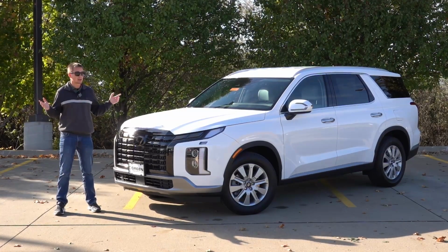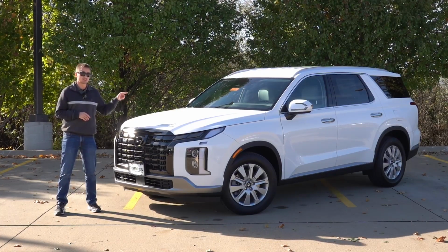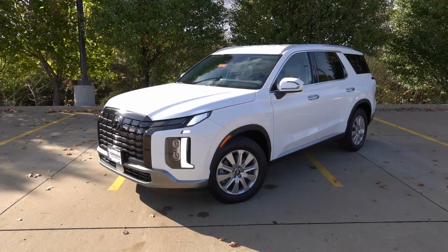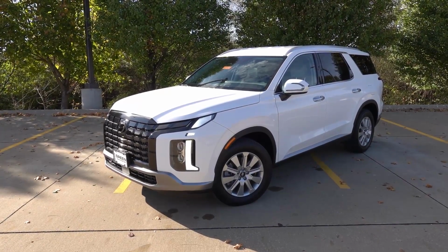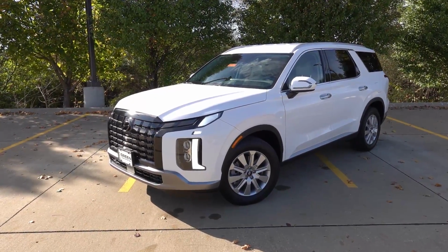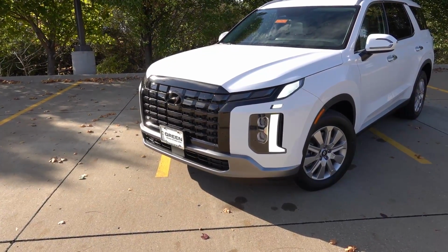So with all that information in mind, let's not waste any more time. Take a look at what this exact Palisade has to offer for just under $44,000. So the Palisade in front of us is finished in the hyper white exterior with the gray and black two-tone H-Tex leatherette interior. Now starting at the front end, every Palisade will come standard with full LED lighting up front,